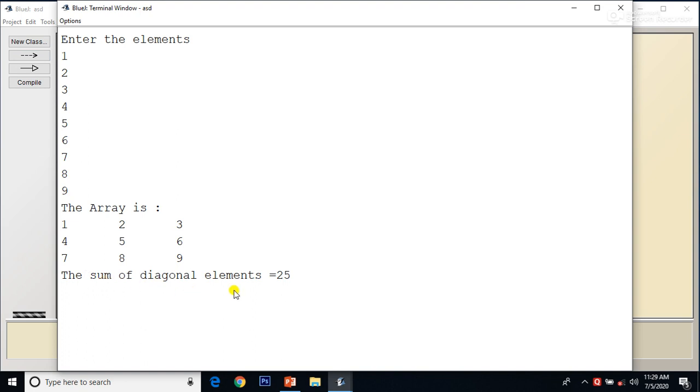Now see the output. 1 plus 5 plus 9 plus 3 plus 7. So it is coming here as 25. If you add 1 plus 5 plus 9 plus 3 and plus 7, since these are the diagonal elements, the value is coming as per the requirement. So thank you for watching this video.